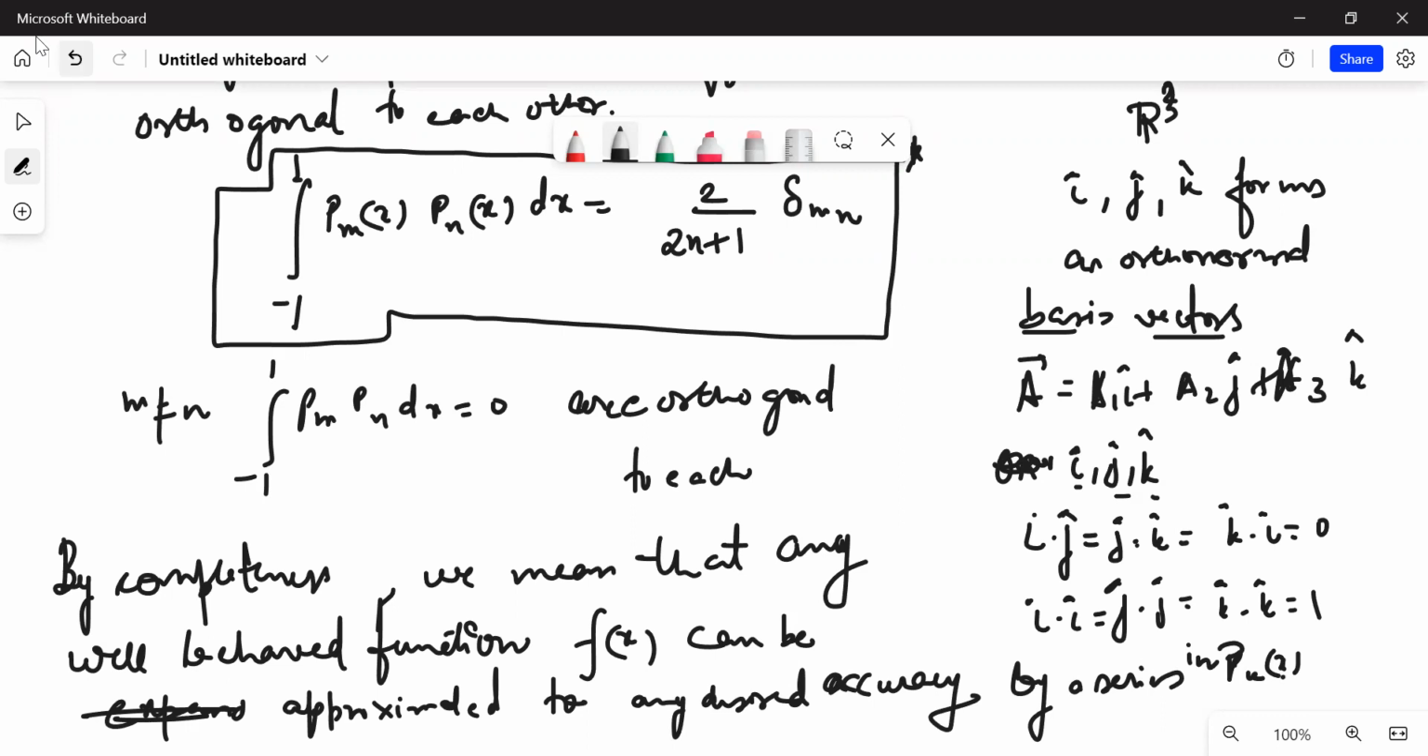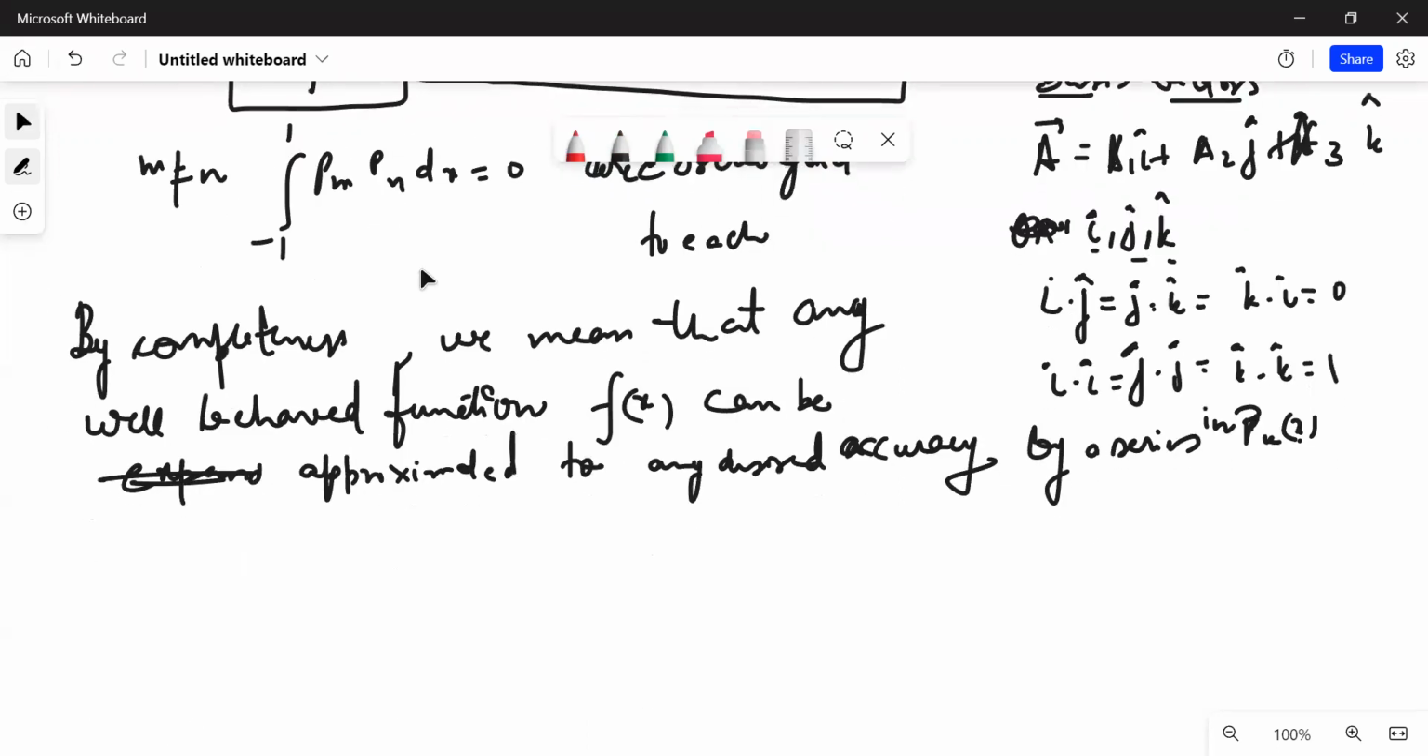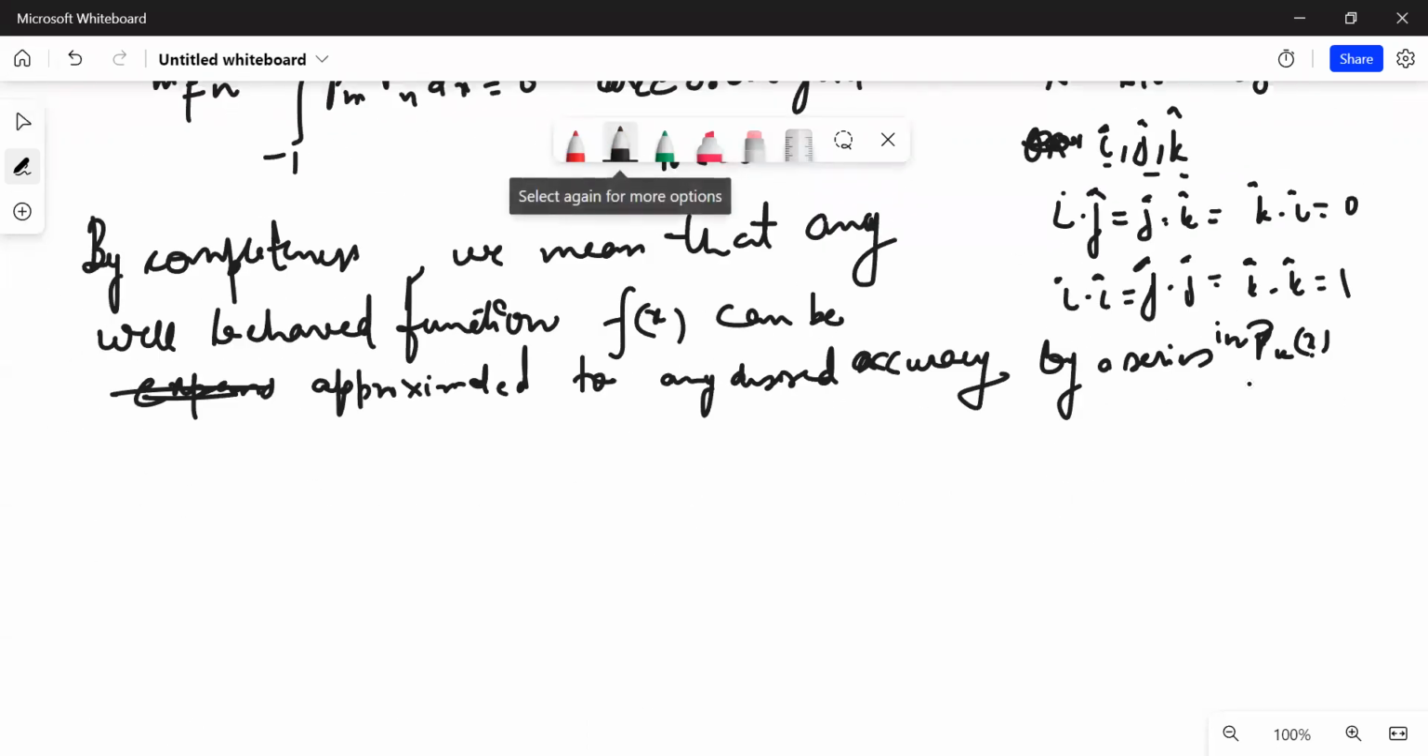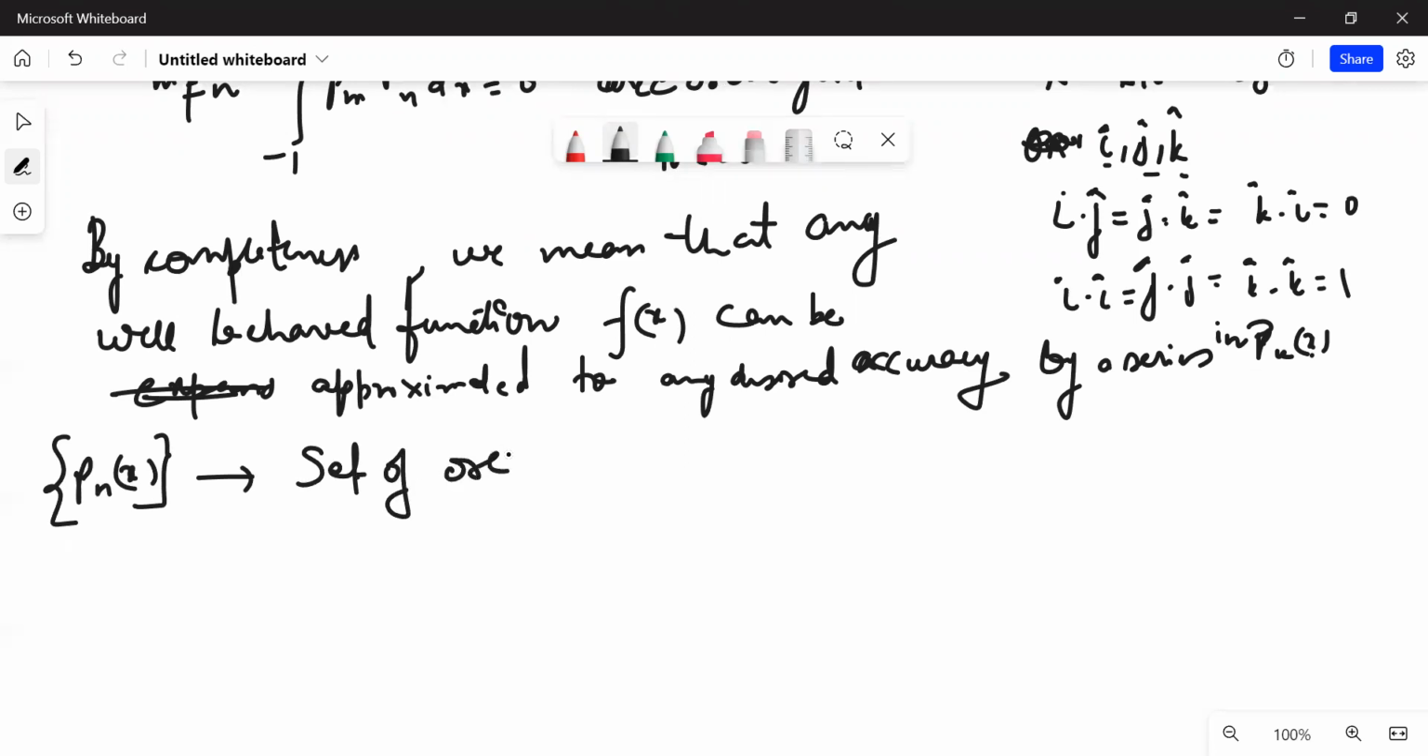So what I want to say is that if I want to write my f of x, then I can write it as a linear combination of P_k(x), because these Legendre polynomials P_n(x) form a set of orthonormal basis vectors. Is that clear to you? So I can write my f of x as some linear combination of